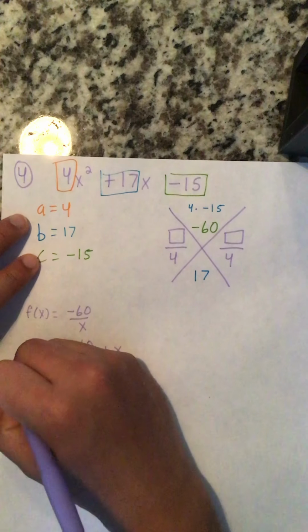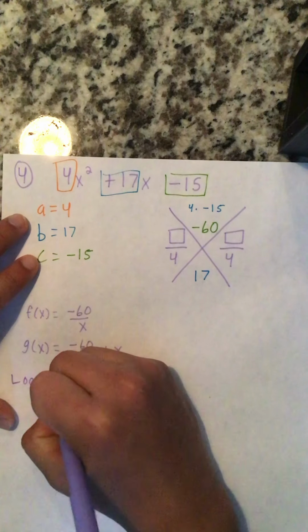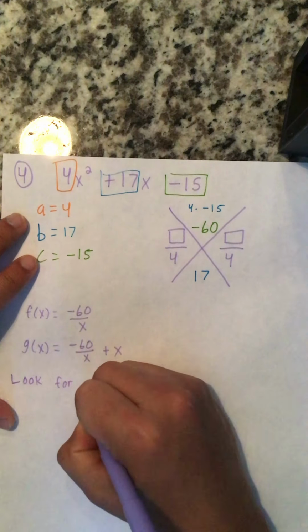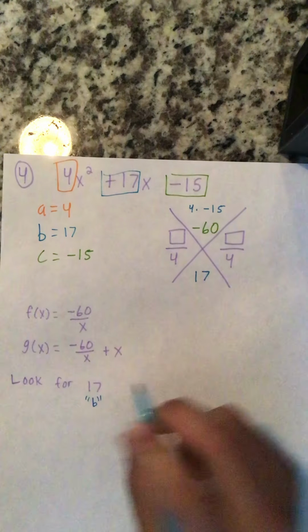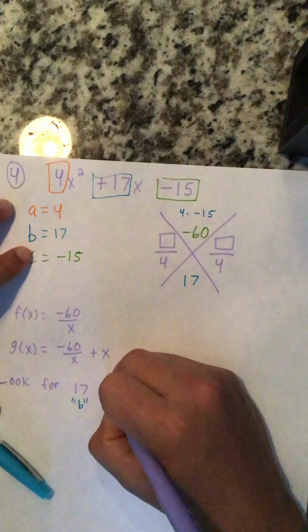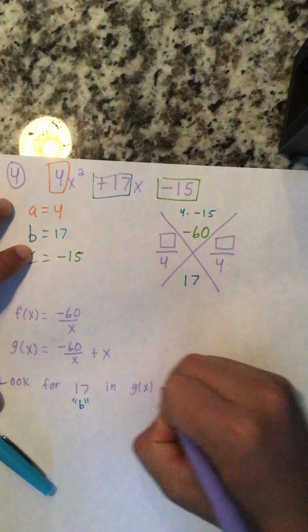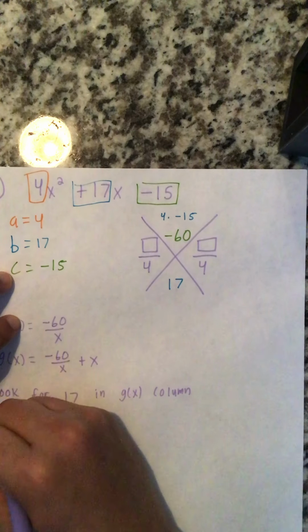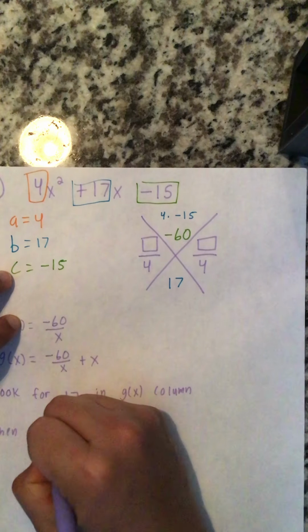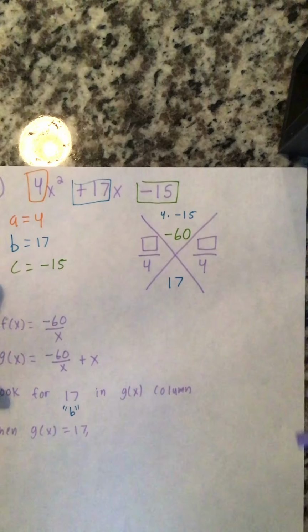First things first, we look for 17. Remember, that's the b value. Let me put a little b. That's the b in the g of x column. Okay? So, when g of x equals 17,